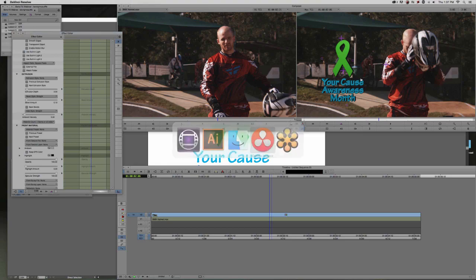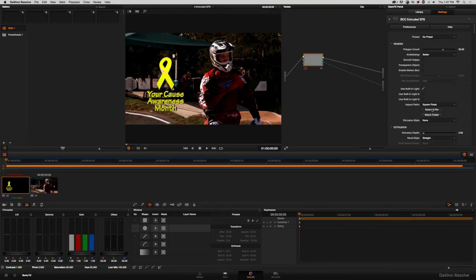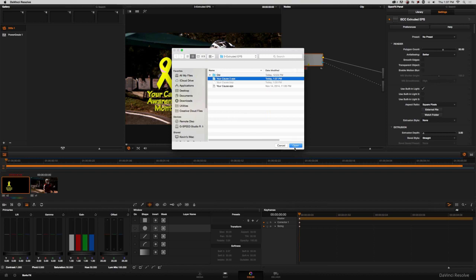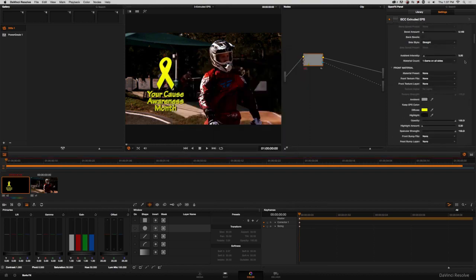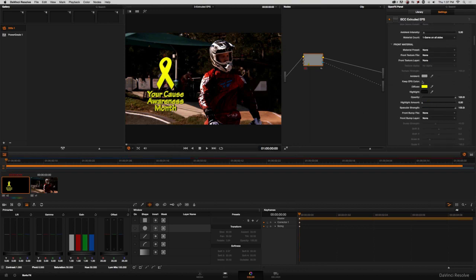Let's go back into Resolve. Let's do the exact same thing here. Let's go to External File. Let's go to Your Cause 2. Simply say Open. Let's actually come down here to my Materials, and we want to keep that EPS color the same, just like that. So you see that you can get in using extruded EPS and create very complex logos that you can extrude. So maybe it's a team logo that you have for something, it could really be anything. And you can actually get in and use the power of extruded EPS inside of Resolve to create very cool